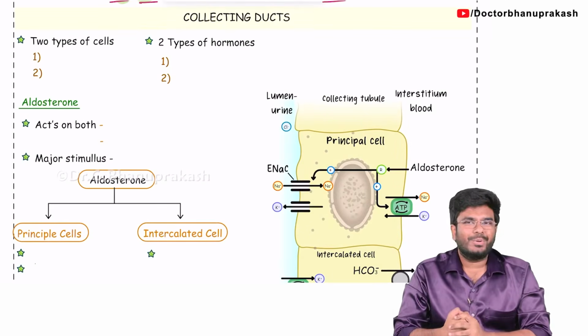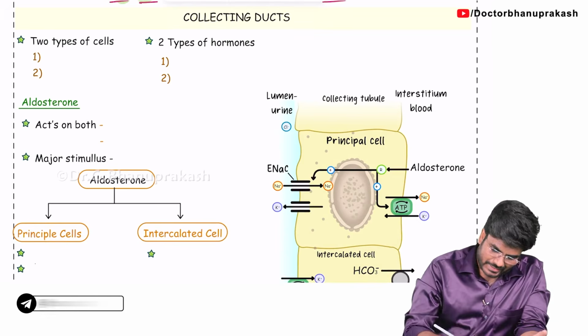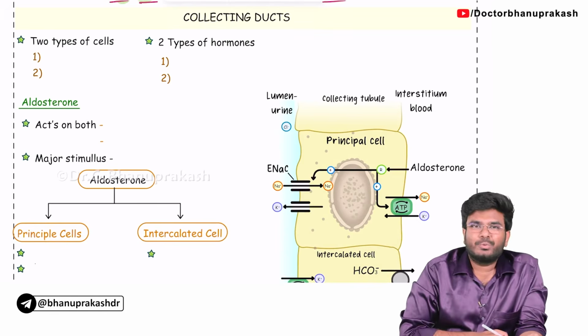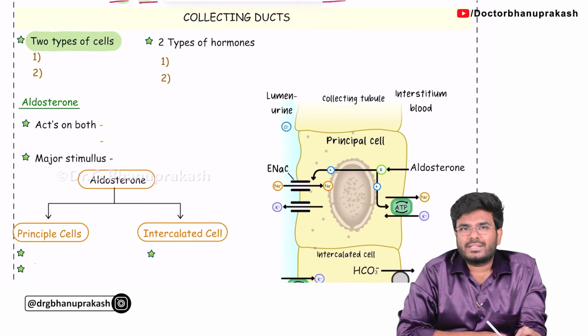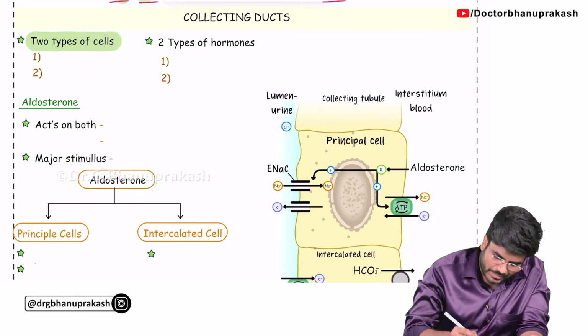Welcome back guys. Now let's continue with the collecting duct. That's the last part of the nephron. Guys, in the collecting ducts, there are two types of cells present. What are the two types of cells present in the collecting ducts? That's the principal cell,